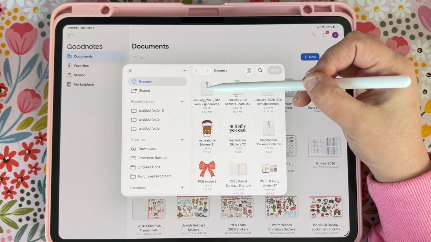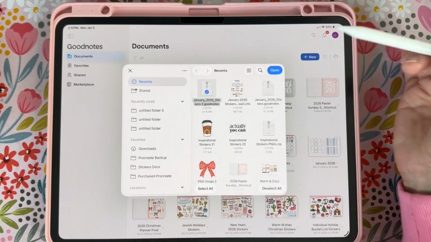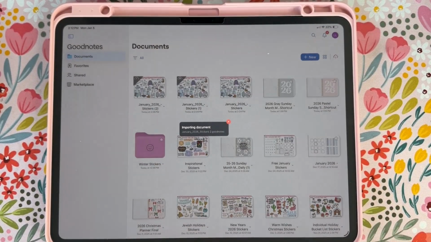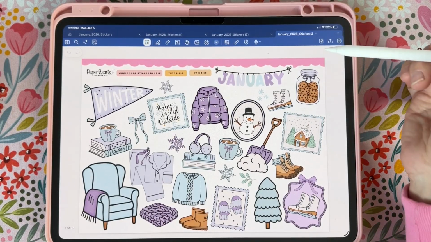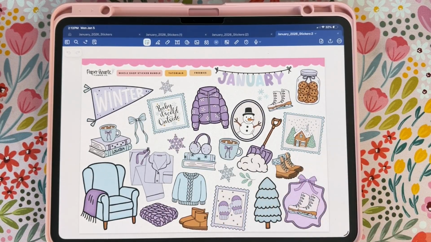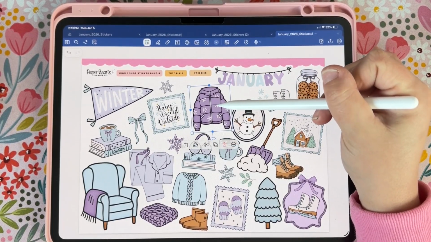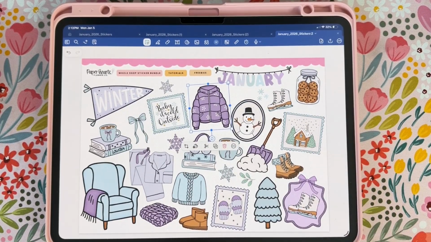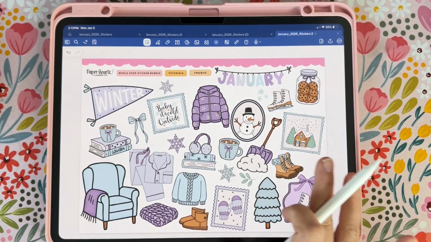You can simply just click on it as long as it says .goodnotes at the end of it. Click on it and hit open. You do not need to unzip it. Nothing will unzip. You'll just be clicking on it over and over again and nothing will happen. And once you do that and you hit open, it's going to pop up, and now you can click on any of the stickers, move them around, copy them, and paste them to your digital planner. So that's how you import the Goodnotes file and use the Goodnotes stickers